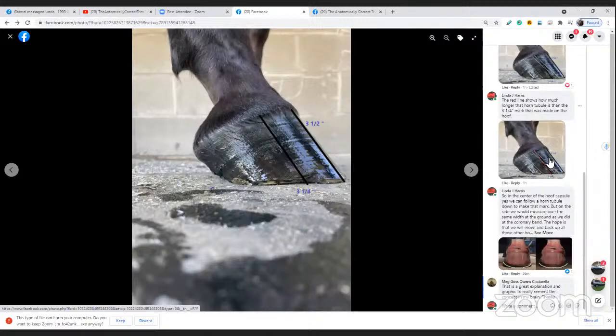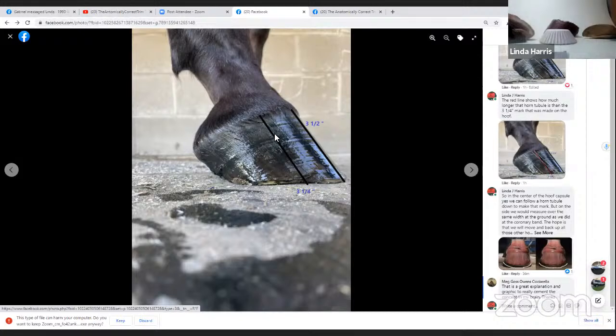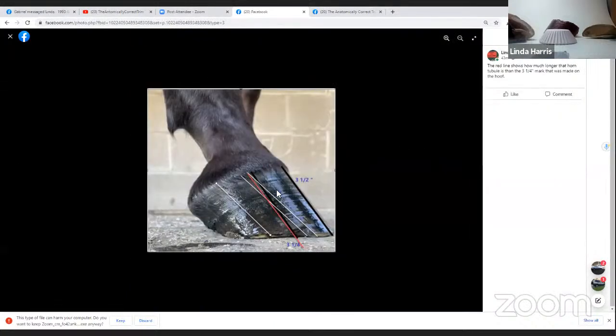Okay, so first thing I'm going to want to do is correct... now she has some room to play with. She has 1/4 of an inch she can play with on this toe. And what I'm going to want to do is work with these horn tubules. Let's look at this picture here. See how they're right here? So I'm going to want to bring this toe back a little more, shorten the breakover up on this toe,